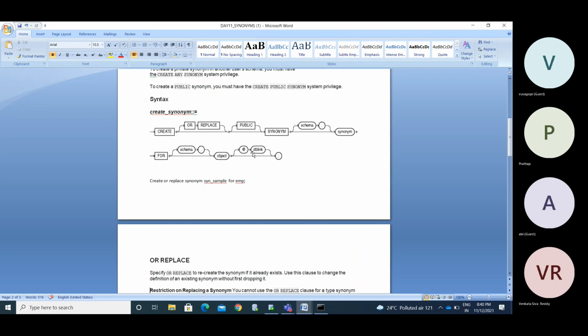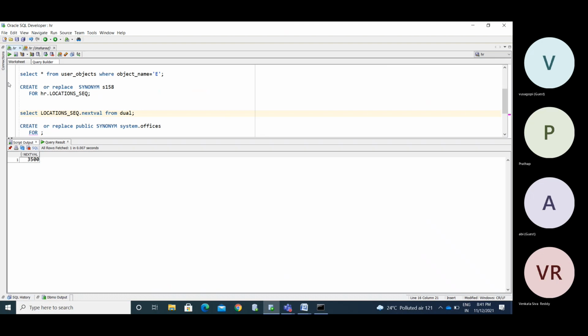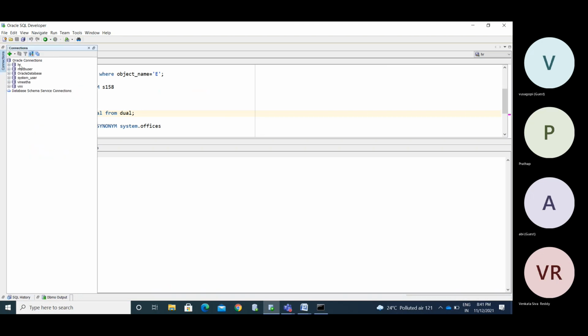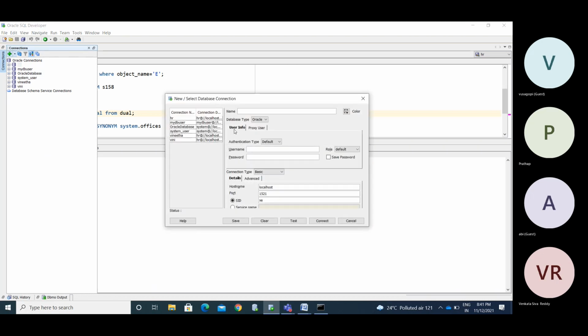If you want to access from one server to another server, consider you are on some X server, this is your local system. You will see we have a lot of users here, and all users are on localhost. See, the host name is localhost. Everything is on the same server, so whatever users you are using here are all on the same server itself.